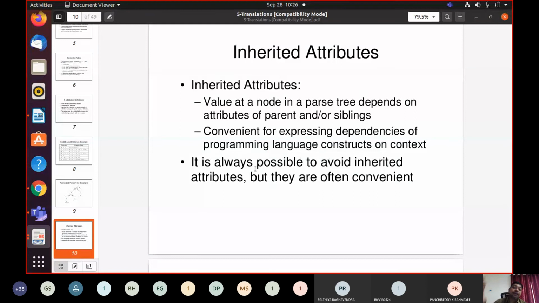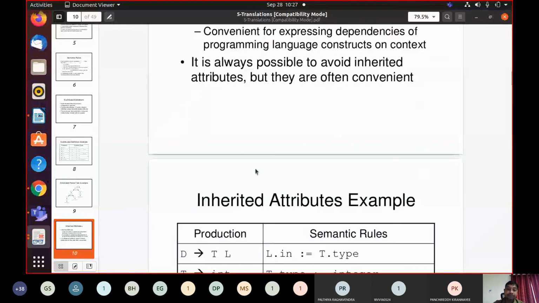First we need to compute its parent value, then its siblings, before evaluating the inherited attribute or the left side symbol. But for some constructs they are useful. We'll see the examples also.